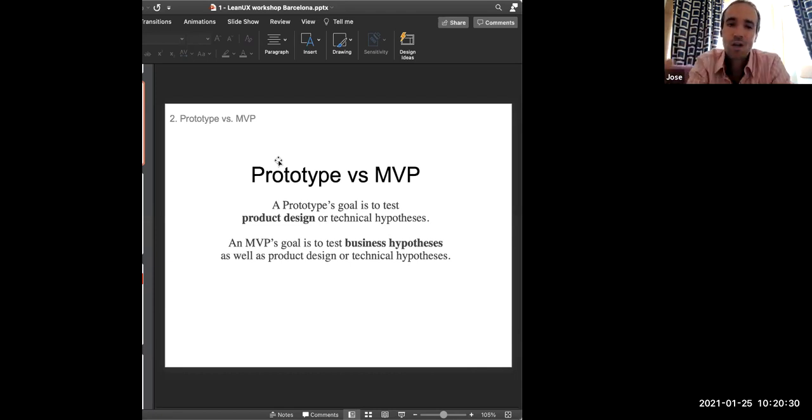Will the car work in real conditions or not? So you build a prototype, you check it: does it work or not? Does it break down or not? The MVP goal is different. The MVP goal, and this is important for you guys, is to test a business hypothesis.